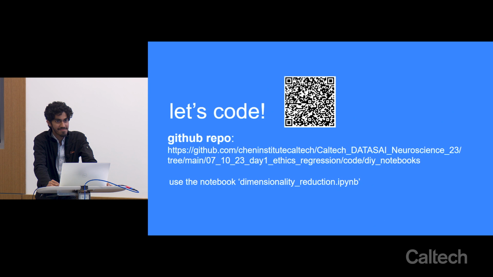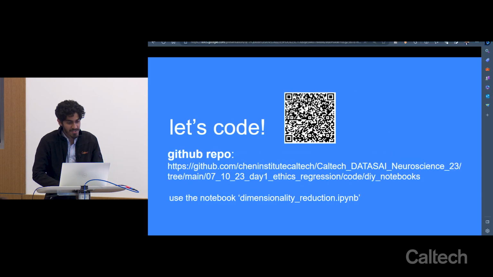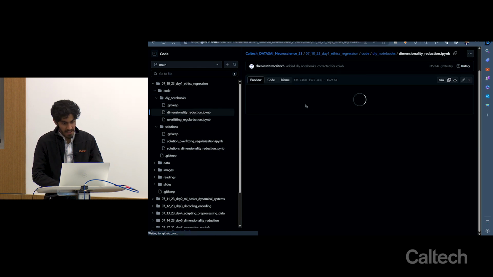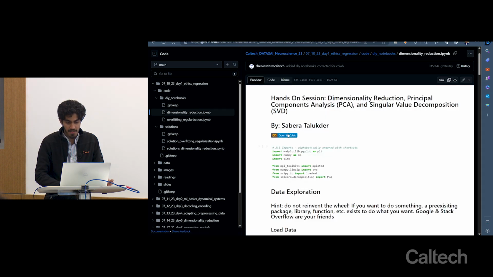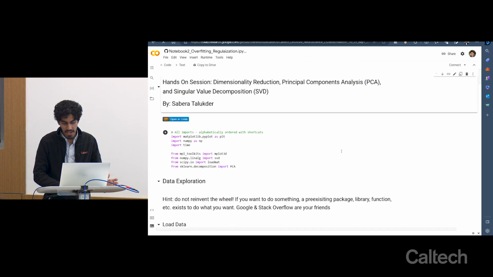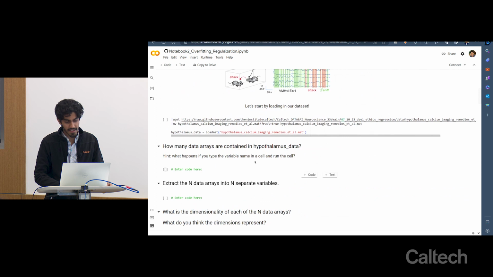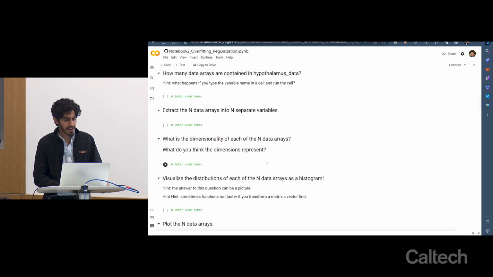OK. So download the notebooks. The notebooks are over here. Open this out, and there should be a button that says Open in Colab. If you open this, it should directly take you to Colab, and you can start running things. Read through all the different prompts and run things, and let me know if there are any bugs or errors. There shouldn't be. As I mentioned, this first notebook is a really simple introduction to Python as well, if you're not familiar with Python. If you finish this fast, you can consider moving on to the second, but let me know. Otherwise, we'll spend about an hour on this.